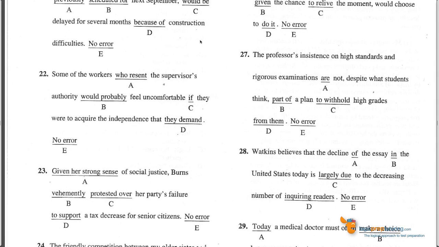Number 22. Some of the workers who resent the supervisor's authority would probably feel uncomfortable if they were to acquire the independence that they demand. Now, let's see if there's a problem here. Some of the workers who resent. Well, resent is a plural verb, they resent, as opposed to he resents, and it's referring to workers, which is plural, and it's describing the correct case, some of the workers who resent the supervisor's authority in the present tense,